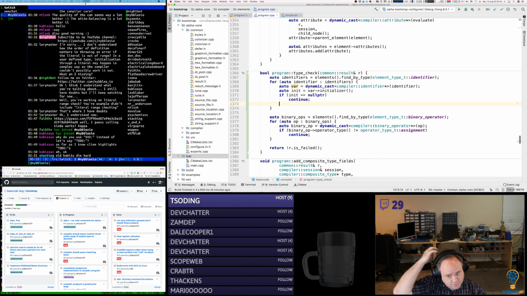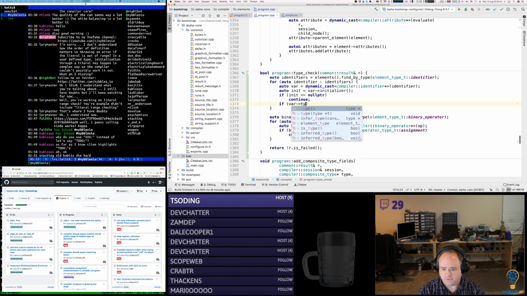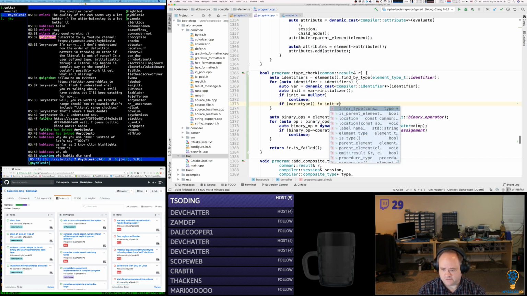So if there is no initializer, we're going to skip that. Otherwise, if variable type is not equal to initializer, infer type,